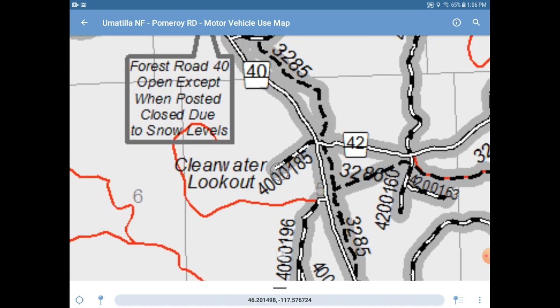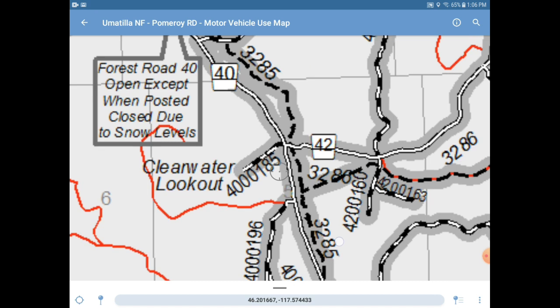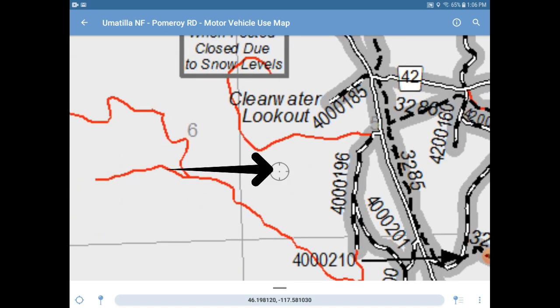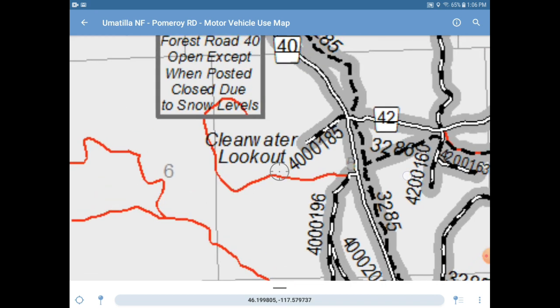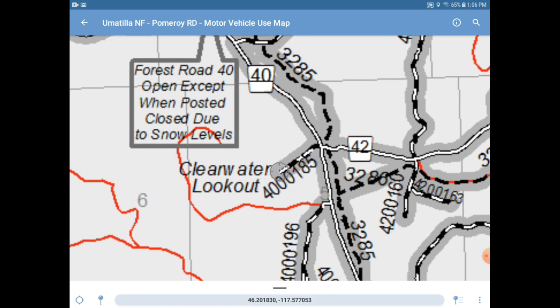So if I want to pin a location, for instance, you'll see how there are crosshairs right in the middle of the screen. Right, you got that. There's crosshairs. So you set your map, you drag your map under the crosshairs. That's where the Clearwater Lookout is. There's a little pin, it's right next to the locate me function on the bottom left. So there's a pin there. You click on pin,